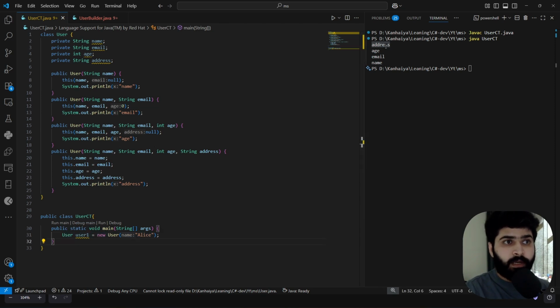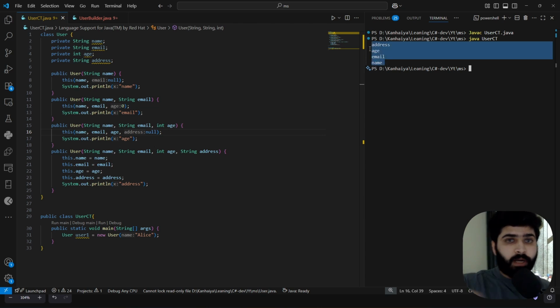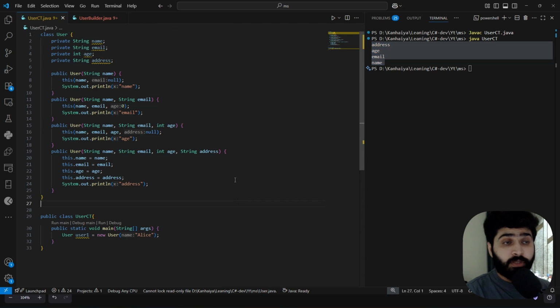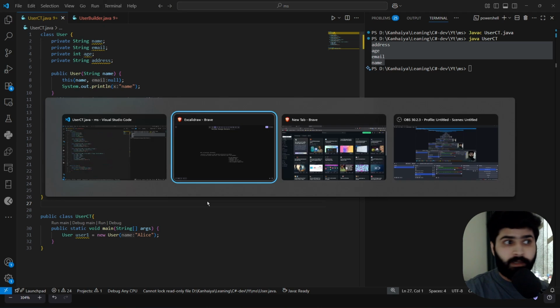So address was first, and before address it was called by this constructor, then age, then email, then name, because from here the chain was started, the first call. So this is called constructor telescoping. As of now it's a very small example, and constructor telescoping is just a quick fix, but it doesn't scale.